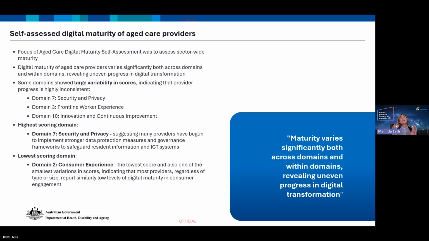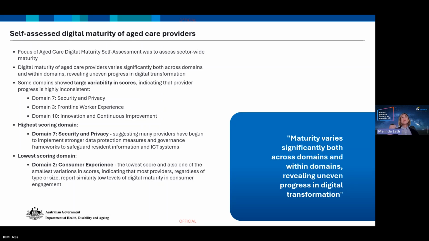As I mentioned, the results here are very much focused on the broader or overarching digital maturity of the sector. These results aren't specific to the New Aged Care Act. I know that many of you will have responded to part of the survey at the back of the digital maturity survey that asked questions around the readiness for the New Aged Care Act. The results that we're presenting today are not about that part of the survey, but the front part, the main part. So the digital maturity is really varied across the sector.